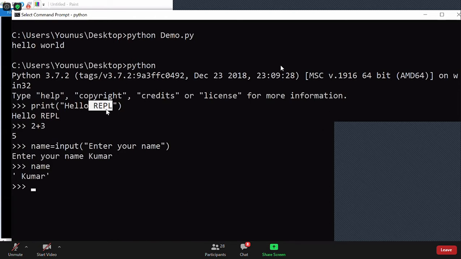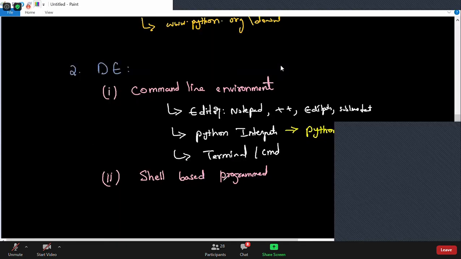Shekawat, is it okay for you, or is anybody else having any question regarding this environment called shell-based environment? It's not available with every programming language. That's why it's sometimes new to you. If you are from a C background or Java background and all, you might have not worked with this environment. That's why it's new to you.